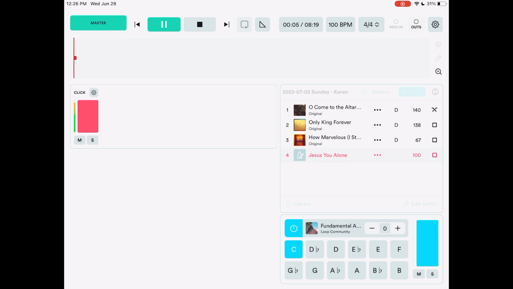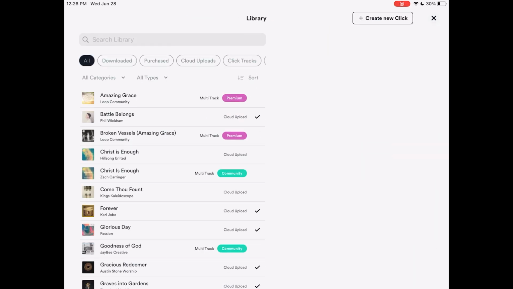They don't talk to each other, so if you stop the click, the pad will keep going, or if you stop the pad, the click will keep going. So kind of separate in operation there, but easy to turn on the pad, easy to start the click, pretty straightforward there. The second way you can do it is we have the one that I think sounds the best